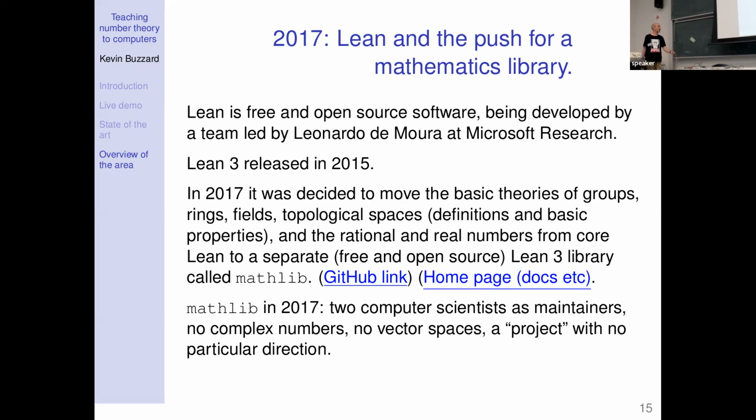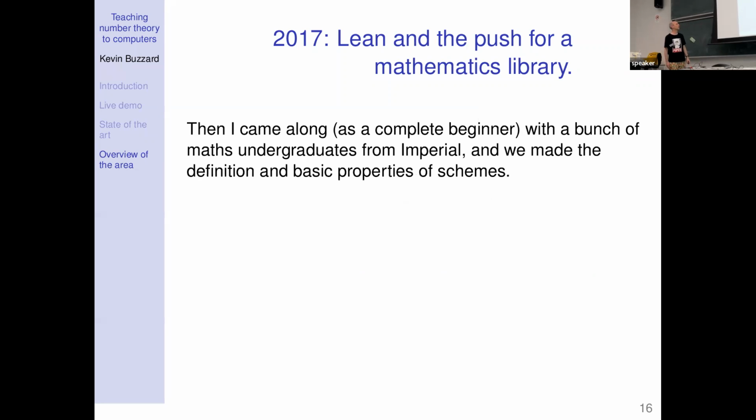So when the library was born, there were 2 computer scientists as maintainers, and there was just random stuff. So I wanted to use this to do undergraduate stuff, but they didn't have the complex numbers. So my first PR to Mathlib, PR number 21, was me defining a complex number to be a pair of real numbers. So I'd got the hang of it. And there was nothing. There were no vector spaces. It wasn't really clear what the point of the project was. But I somehow was beginning to realise that there was no big